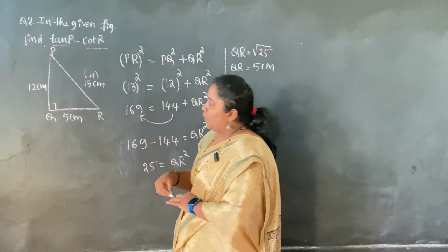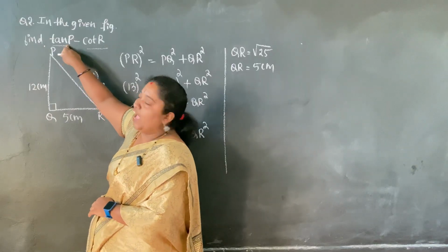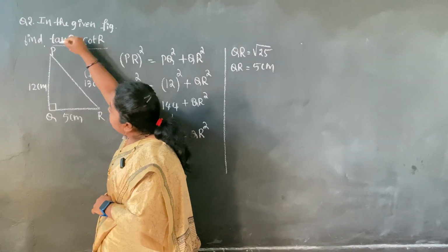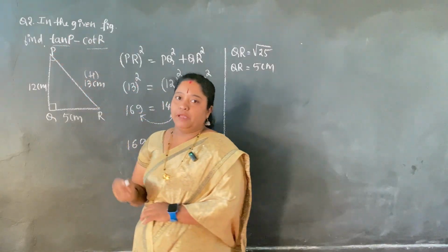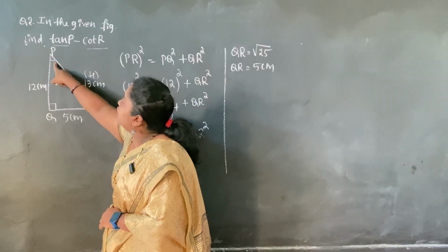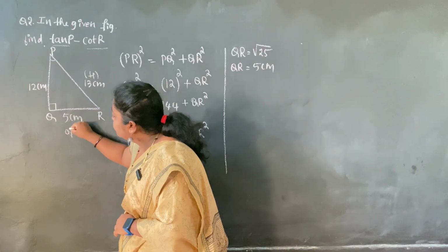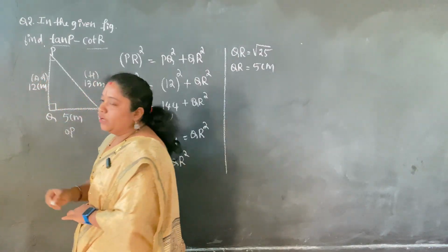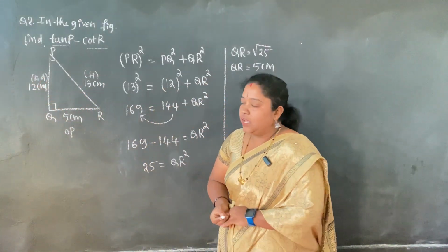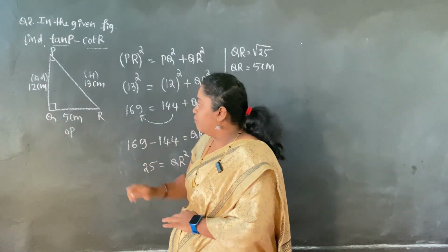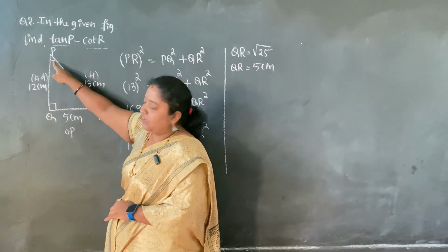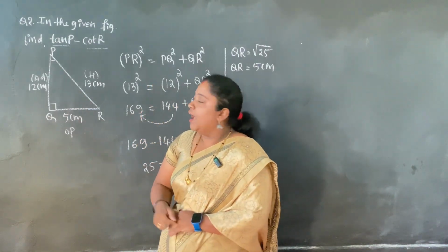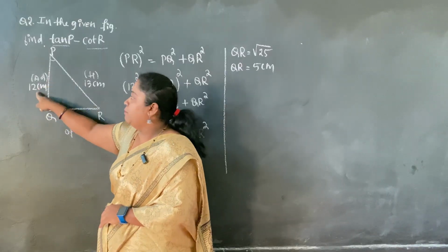Fine. Now the question is, we need to find tan P. Look at the given information. It is tan P, which means they are talking with respect to angle P. Okay, now with respect to angle P, this will become the opposite side and this will become the adjacent side. You already know how to name the opposite and adjacent. If you don't, then go to the previous video. So if it is the considered angle, then the side which is opposite to the considered angle will be the opposite side, and the side which is adjacent, that will be this side.